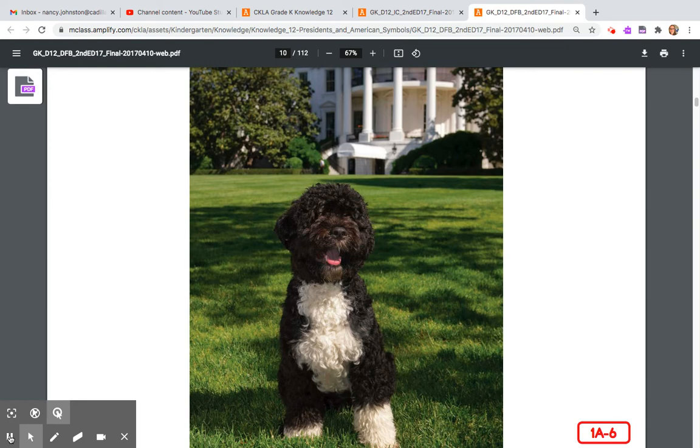When President Obama was first chosen to be our president in 2008, he promised his daughters they could get a dog to live with them in the White House. Bo moved into the White House about 3 months after President Obama and his family moved there. And one of his favorite activities is playing outside with President Obama's daughters.